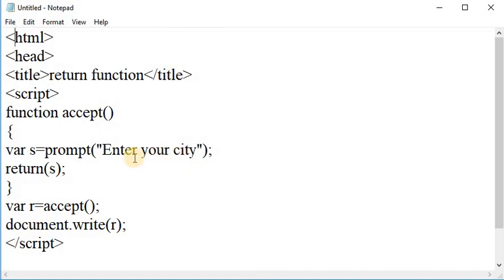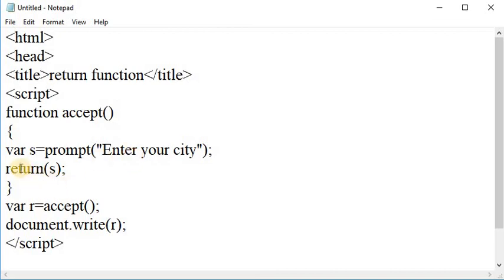It is used when the user wants to input a value before entering a page, and it returns a string containing the text entered by the user, or null.